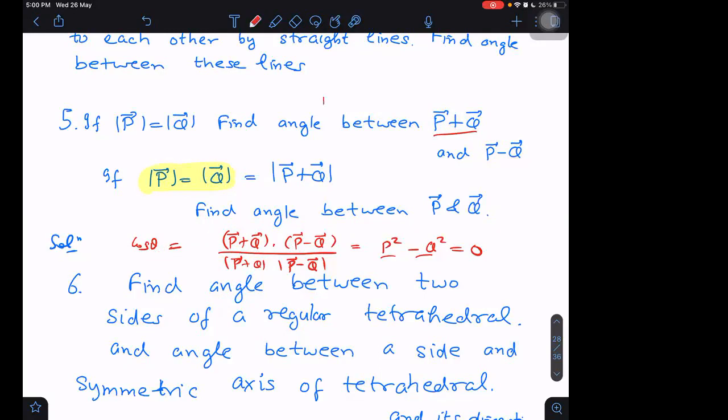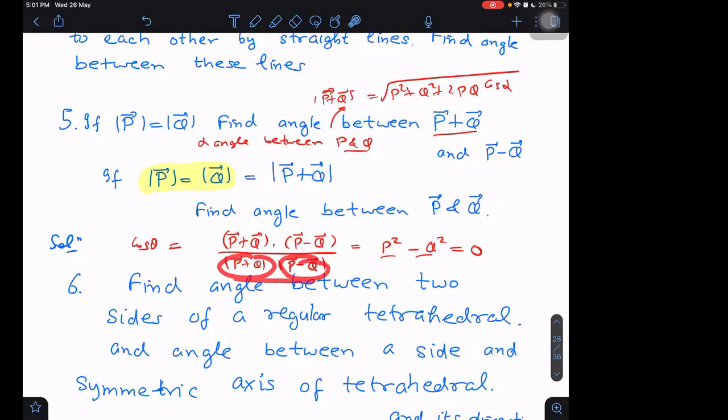If you are asking what P plus Q will be, then if the angle between P and Q is alpha, P plus Q will become the root of P square plus Q square plus 2PQ cos alpha. If alpha is the angle given between P and Q, then I can write P plus Q this way, but I don't need to write it here because I'm not solving the denominators. I don't need to solve those, as I'm already getting 0 in the numerator itself. So what is the point of solving the denominator? I don't need to solve it. P plus Q into P minus Q.